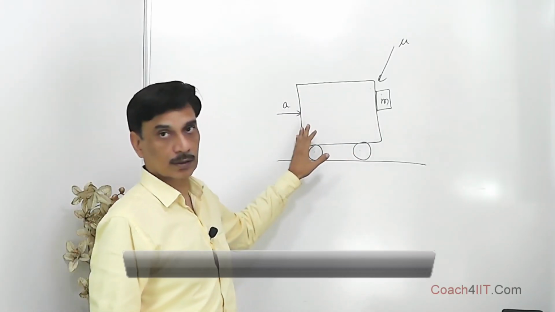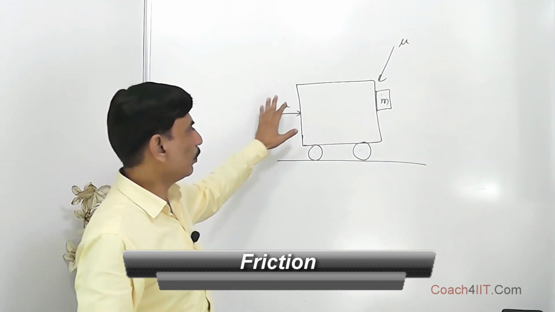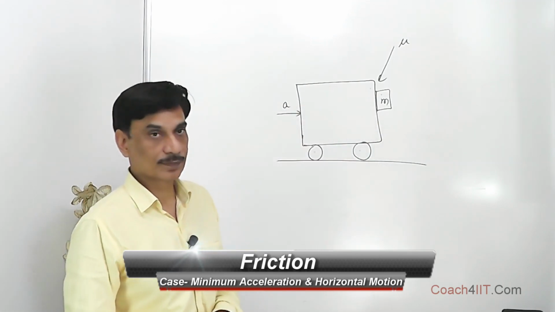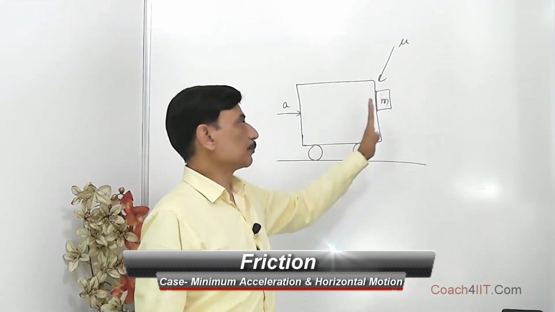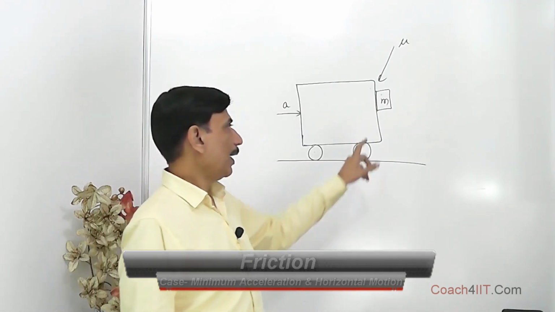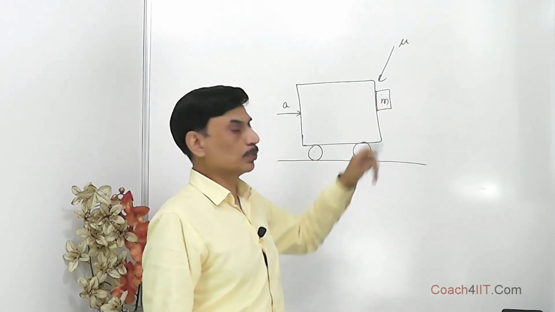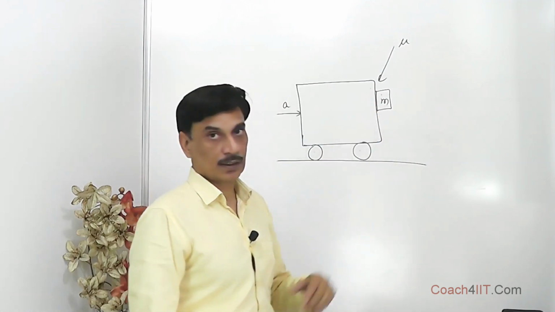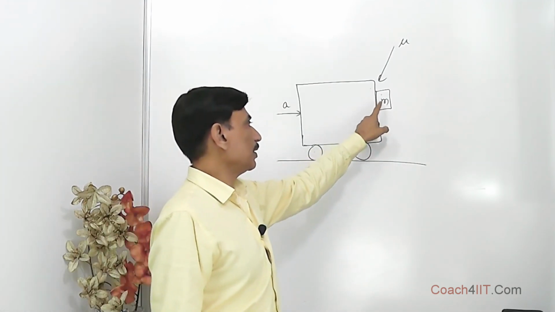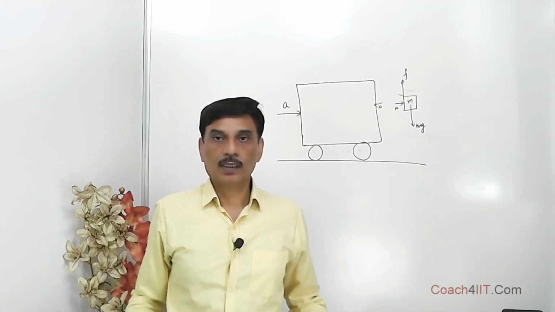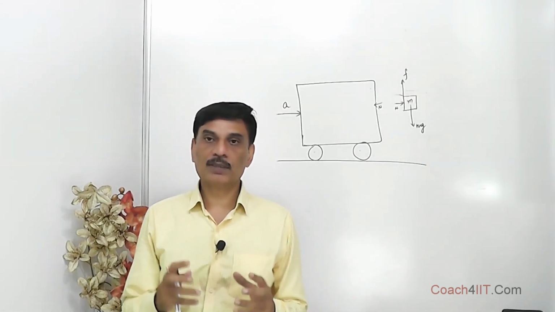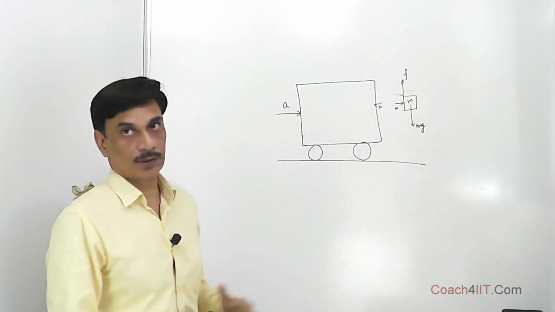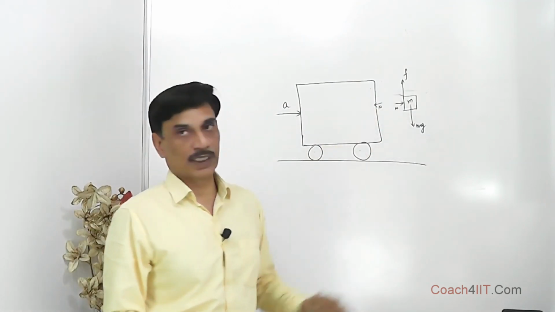One block is moving this way with the acceleration A. This side is purely vertical, and this one, mass of small m, is over here. The coefficient of friction between this and this is mu. If we are asked what is the minimum value of this acceleration so that this block sticks to this, then